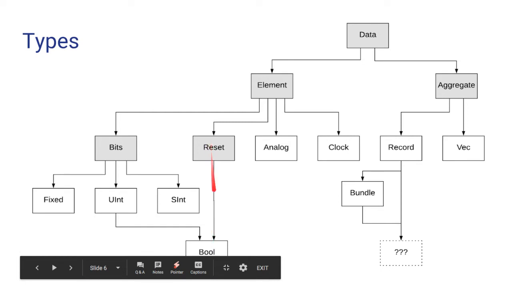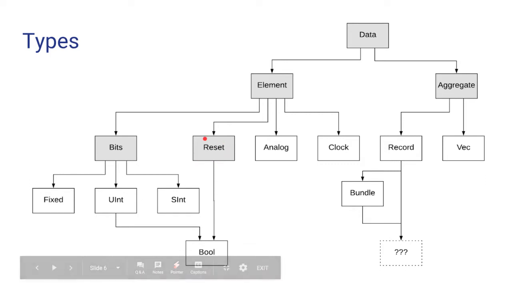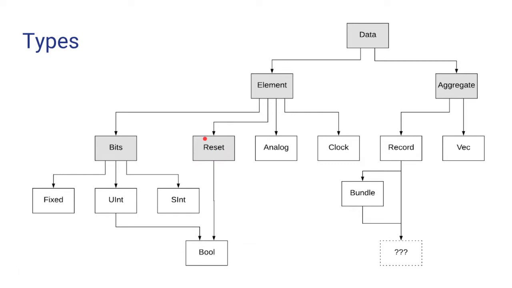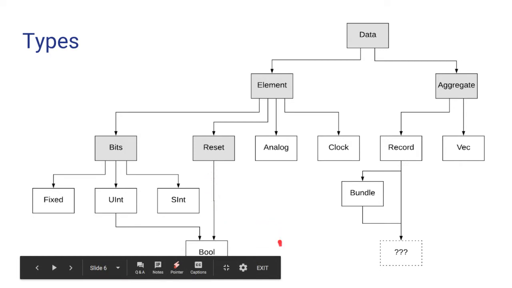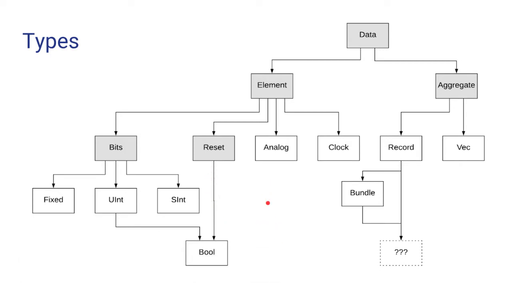And importantly here, there's this other trait that Bool inherits from, which is called Reset. So Reset is, as you might expect, the input type to tell you when to reset a register. Currently, Chisel only supports synchronous reset, and Bools are the input for synchronous reset, because if you think about it, synchronous reset is the same thing as a mux with an enable signal. As you all should know, Chisel currently only supports synchronous reset, but I'm currently working on adding another subtype of Reset called AsyncReset, and that will allow you to have asynchronously reset registers.